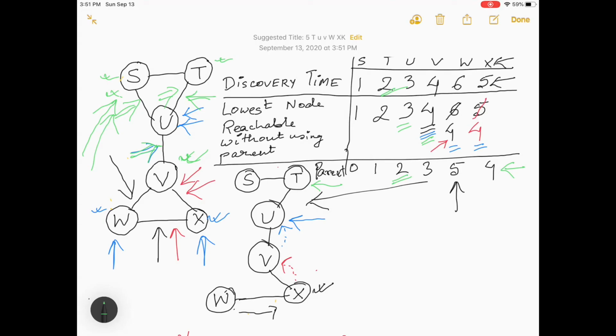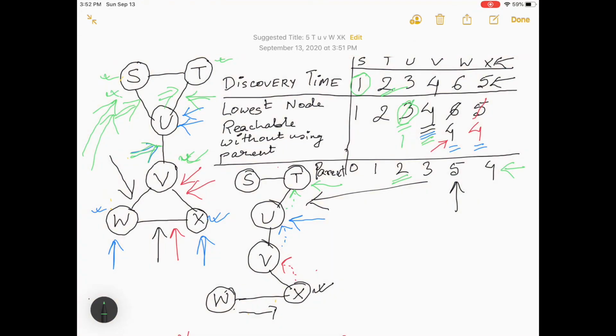So we take the discovery time of s. The discovery time of s is 1, and we take the minimum of 3 and 1, and we make it 1. Now we are back to t,